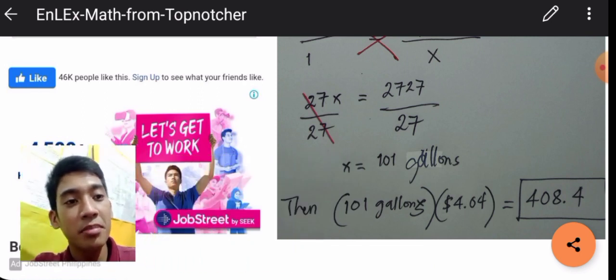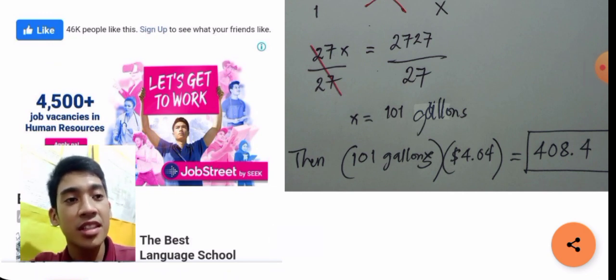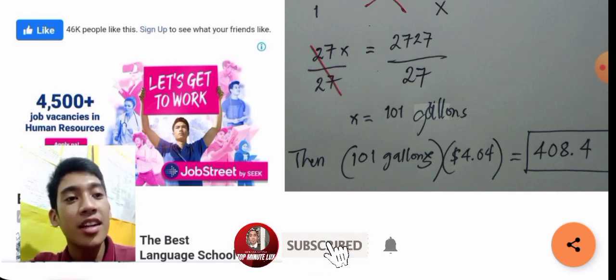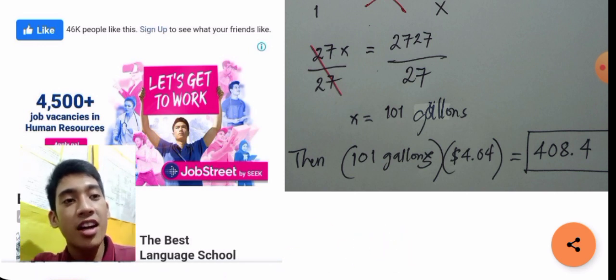If we divide it, 2,727 divided by 27 gives us x equals 101 gallons. So there are 101 gallons for a car to travel